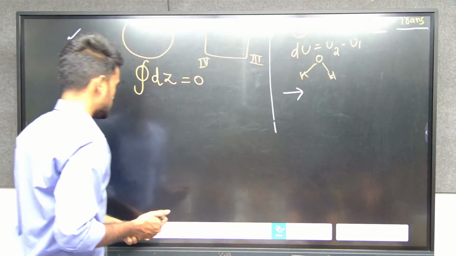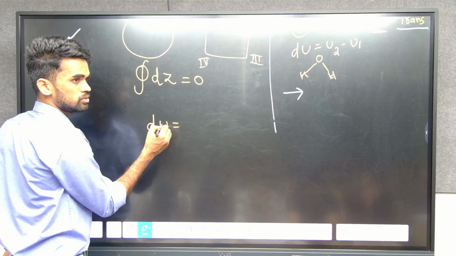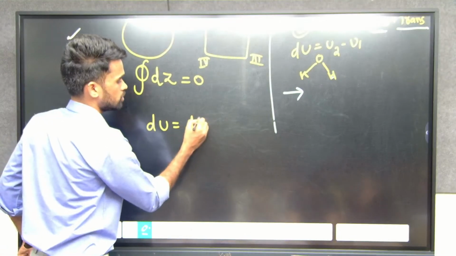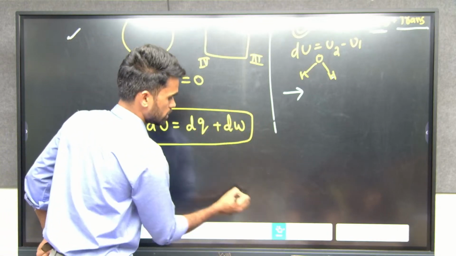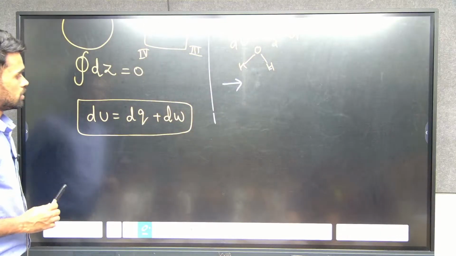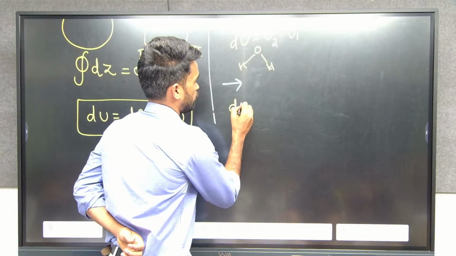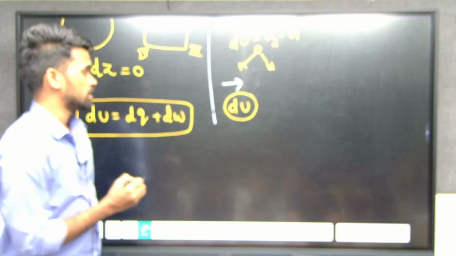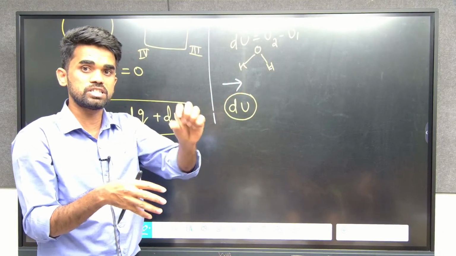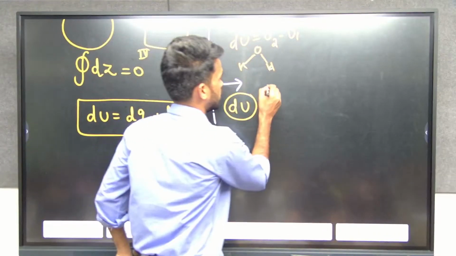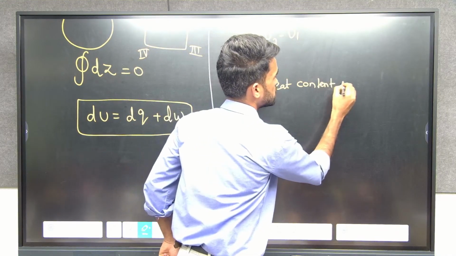Okay, now what is the first law of thermodynamics? Once again, the mathematical form: dU equals dQ plus dW. See, first you need to understand change in internal energy once again. What I told you is that the sum of all types of possible energy associated with the system is called internal energy. Now once again I am giving one more definition: the heat content of the system